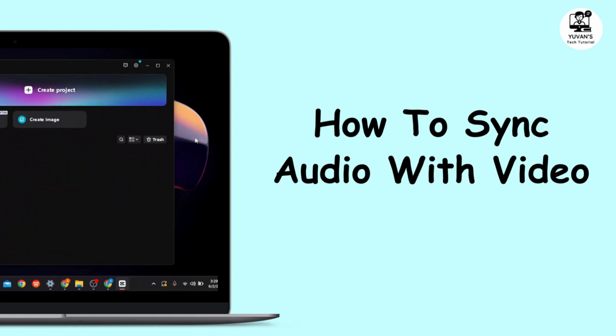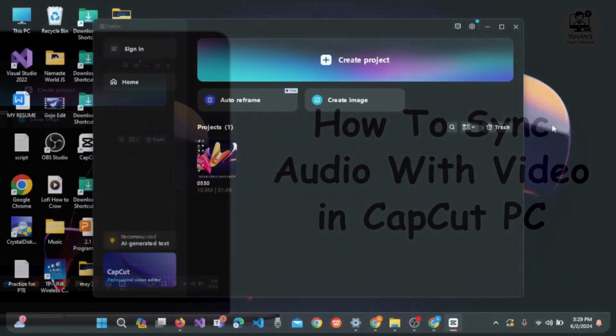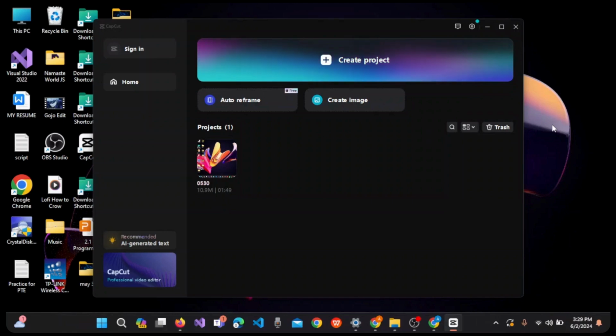To sync audio with video in CapCut PC. This is great if you have got an audio track which you want to sync to your video in CapCut. Maybe your video doesn't have the best audio and you have an external audio for your video. So in order to sync your audio with video in CapCut PC, just open your CapCut application on your PC